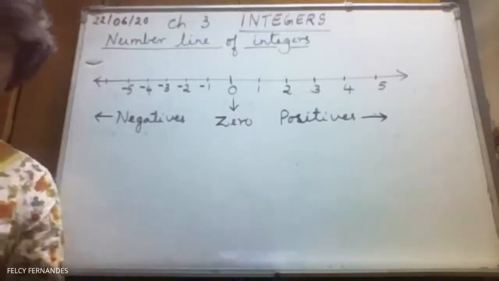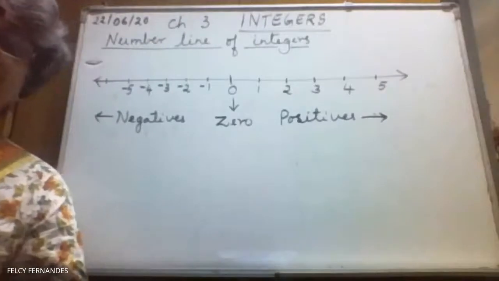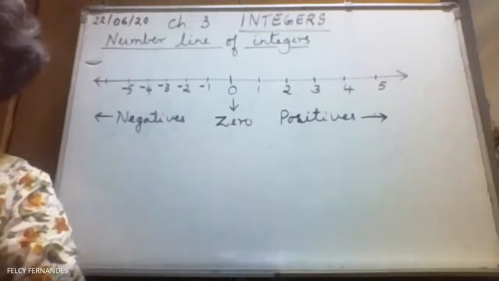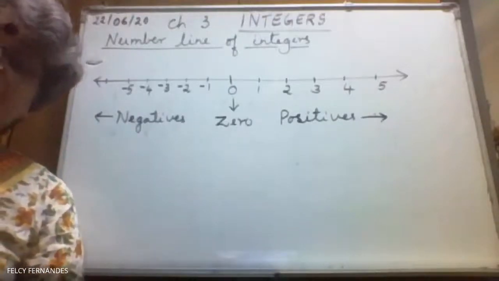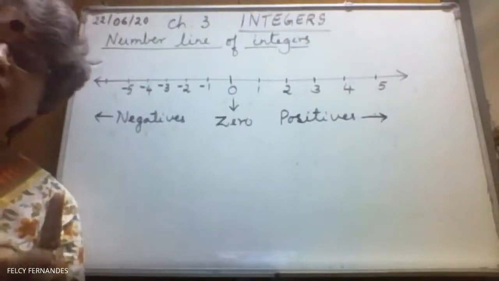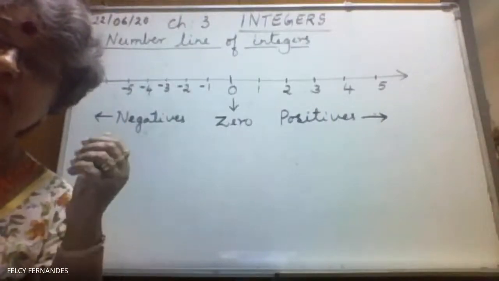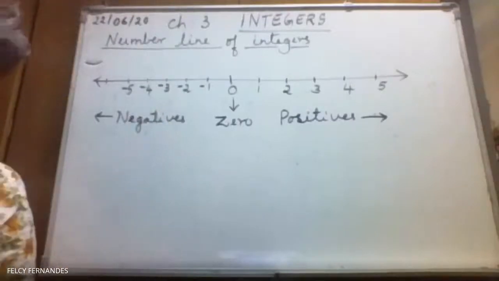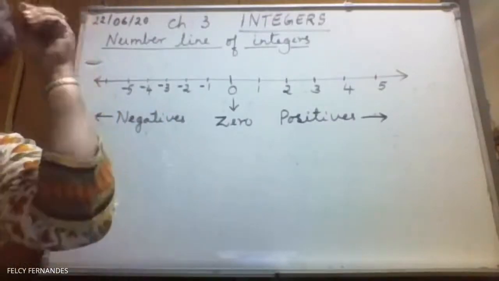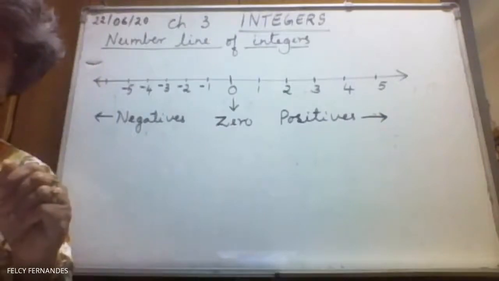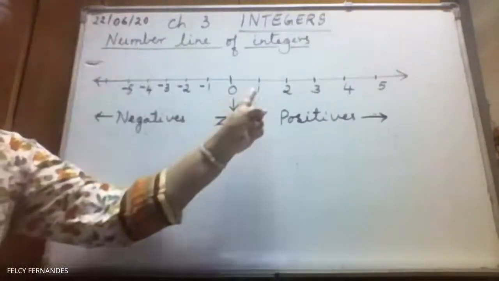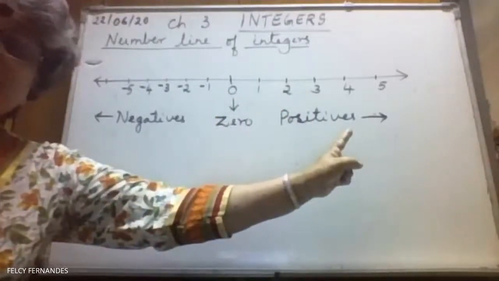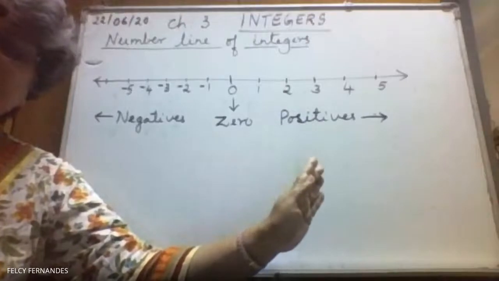Going forward and going backward. So forward is positive, backward is negative. You must have also seen in the lifts or the elevators, basement is marked as minus, whereas when you go up in height, it is marked as plus. Positives need not be written with a plus sign. I can simply write without the sign, it means it is positive.